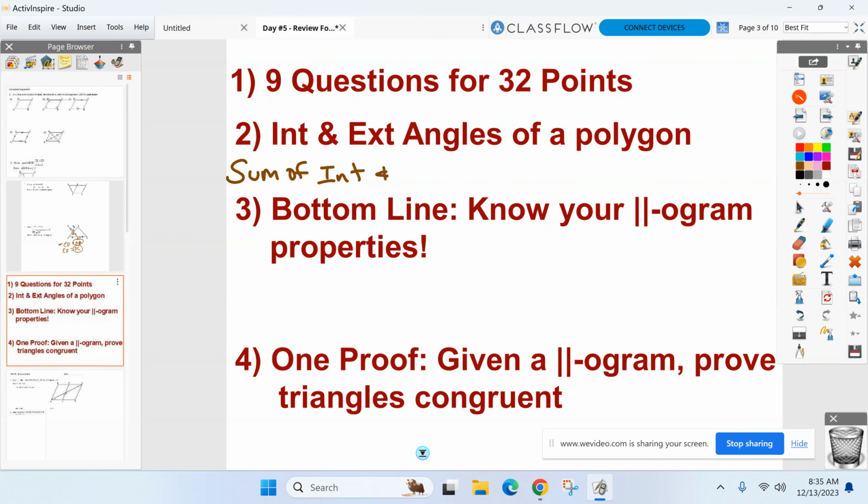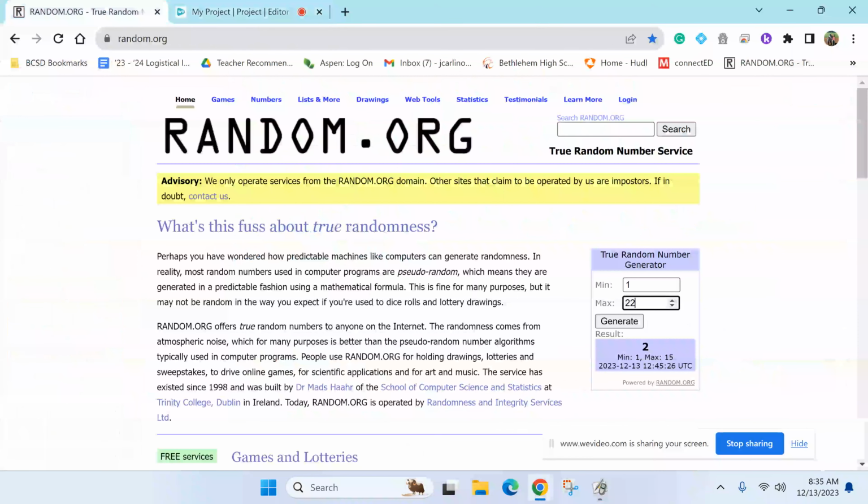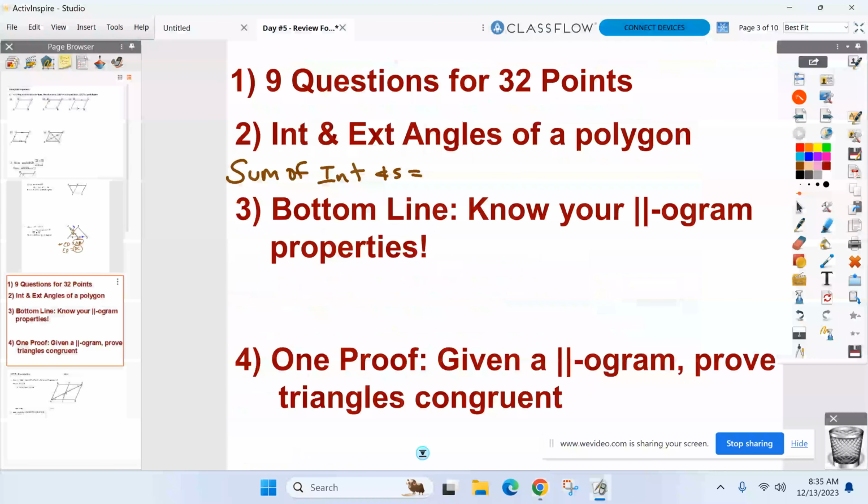Sum of the interior angles. We had a formula for that. I'm not going to give it to you tomorrow. All right, nothing's going to be given to you. Sum of the interiors. We had a formula for, Bailey. 180 times n minus 2. And what was n? The number of sides, like pentagon, octagon. Okay, so that's how I figure out